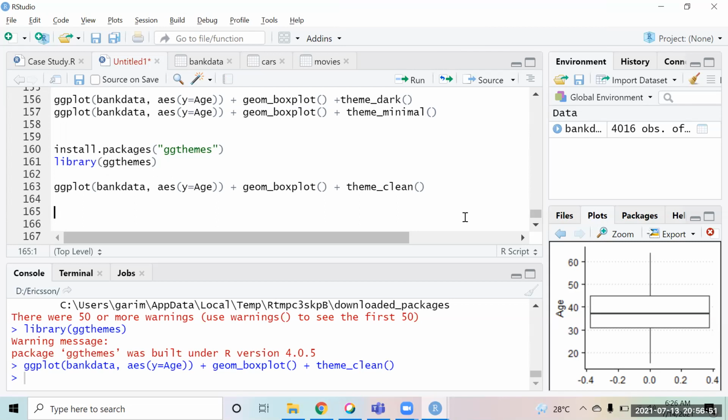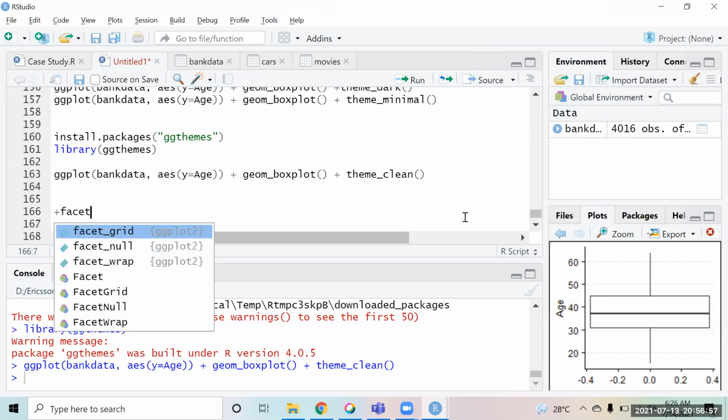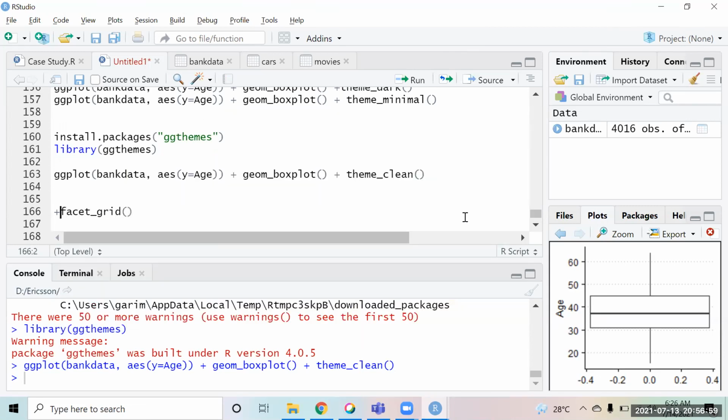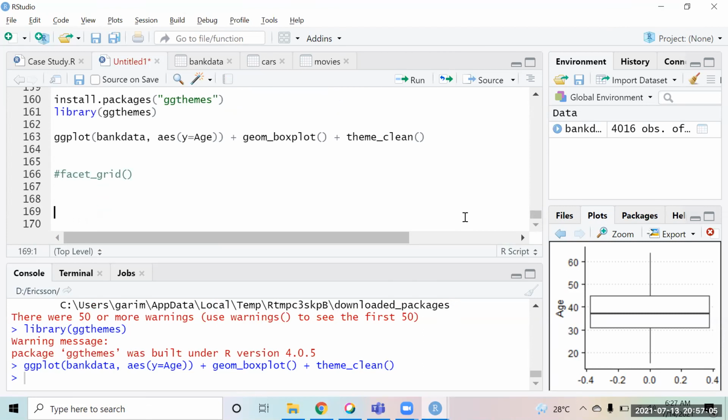And similarly, if you come over here, there is a portion that we call facet. Now, facet is something which we use to break the chart into multiple parts. In order to understand this, I'll just create that scatter plot again. The ggplot mtcars data set.